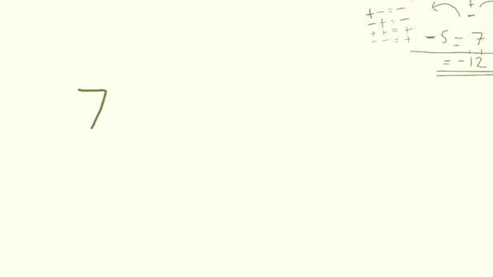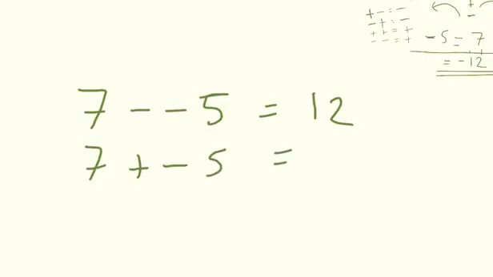So you may have 7 minus minus 5. Two negatives make a positive, so it becomes 12. You may have 7 positive negative 5. The dominant one is the negative, because when a positive and a negative are together, the negative will be dominant, so 7 minus 5